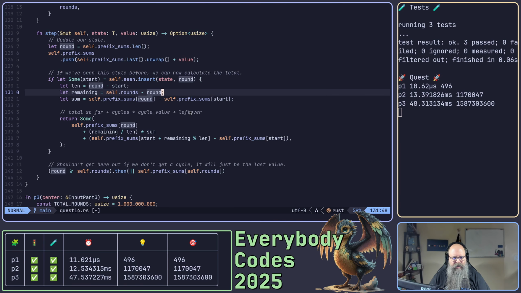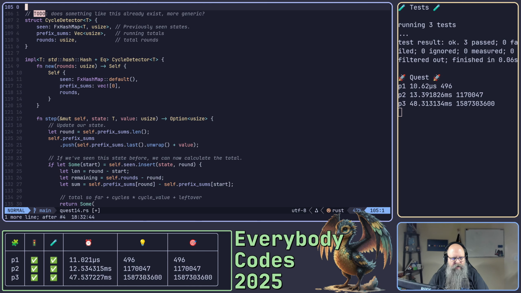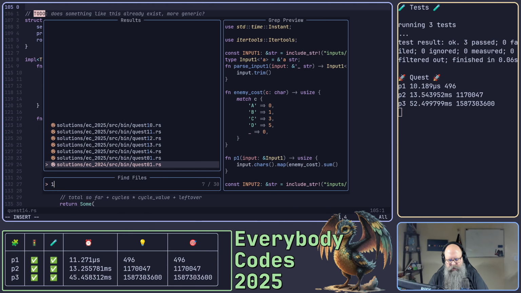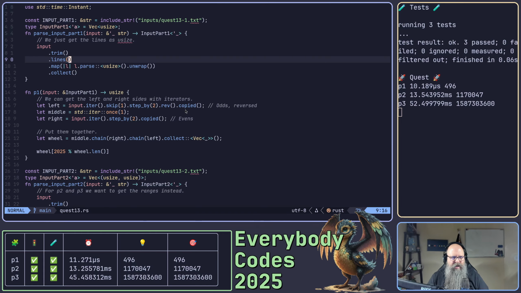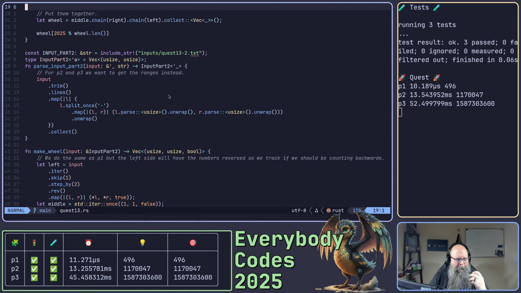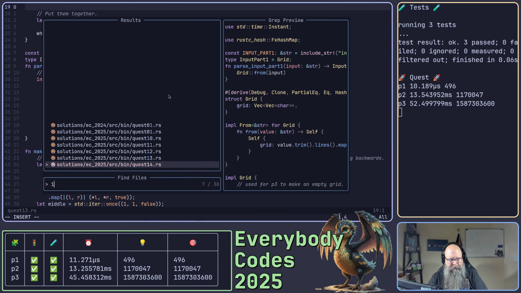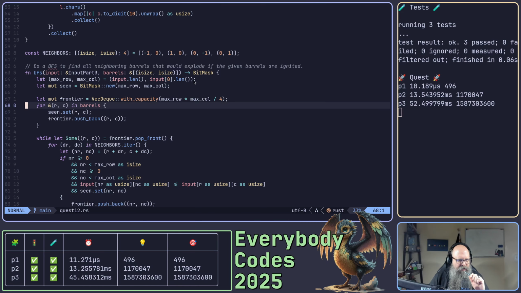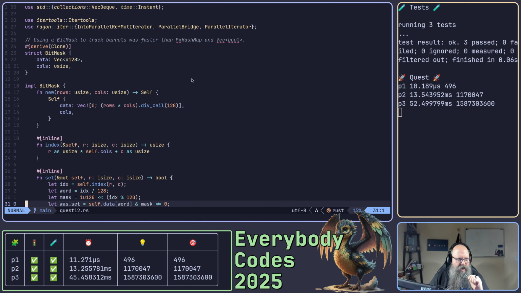Like, I don't want to give away all the fun. Oops, what did I change here? I think I did this for part 13. Is that the one it was? No. 12? Yeah. I did turn it in. I did do a bit mask instead of